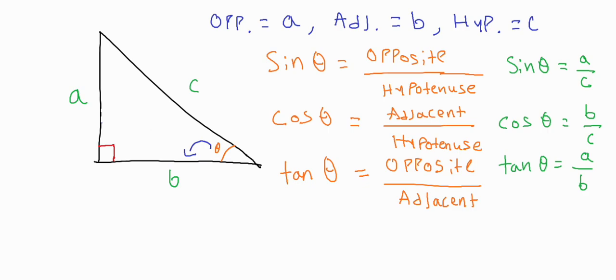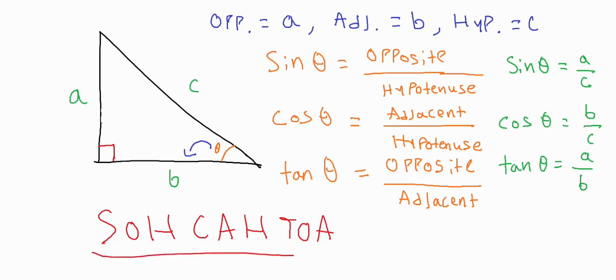That's not the way I want to remember it in my head. Another way is SOHCAHTOA. Maybe you've heard of this. Sine, opposite over hypotenuse. Cosine, adjacent over hypotenuse. Tangent, opposite over adjacent. So this is a common way of memorizing the